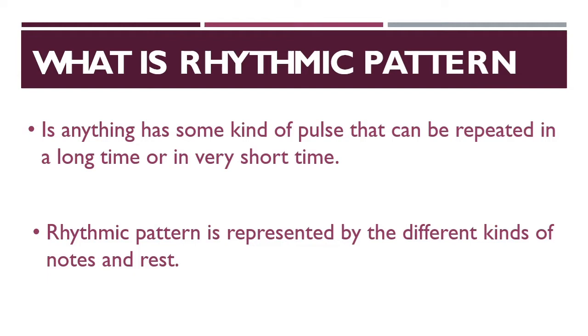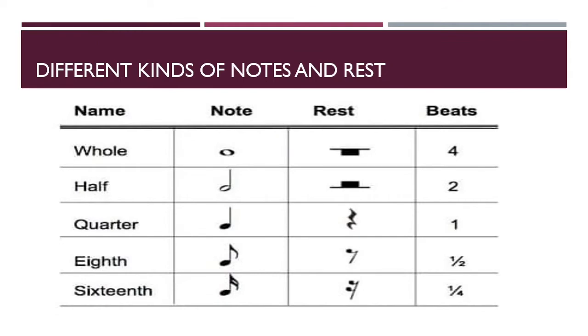Next, rhythmic pattern is represented by different kinds of notes and rests. Let us look at what are the different kinds of notes and rests. These are the different kinds of notes and rests. And as we look at the image, we can see that whole note has 4 beats of sound, whole rest